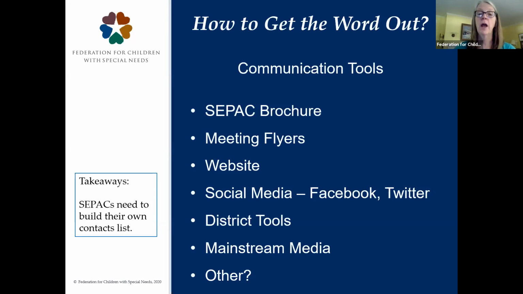I think it's a best practice, if you're going to have a meeting, to generate some kind of flyer for that meeting, whether it's a hard copy or an online version of it, so that it has all the information about the meeting, the who, what, when, where, and how, so everybody knows and can come to that meeting if they're interested in, whether it's a business meeting or an educational event that the CPAC is sponsoring.